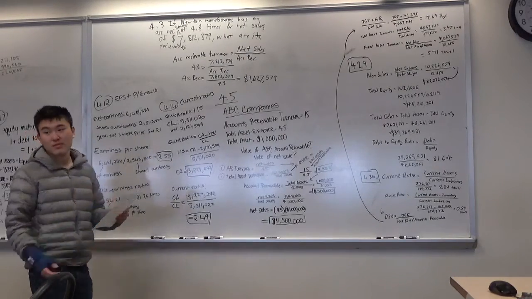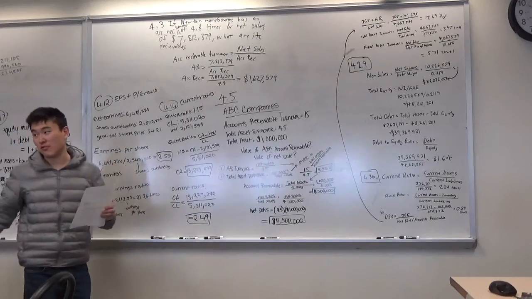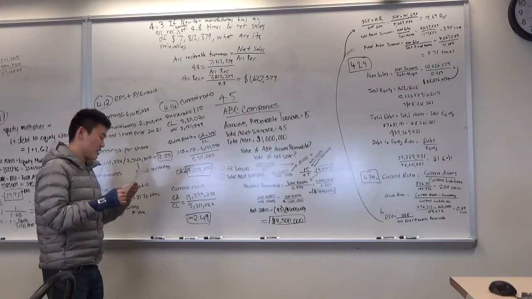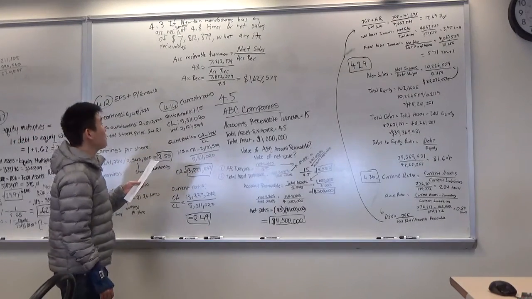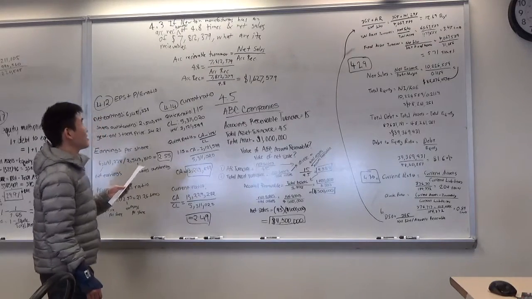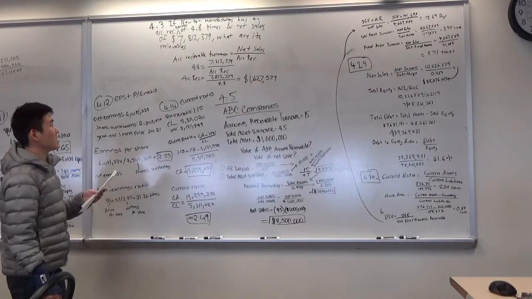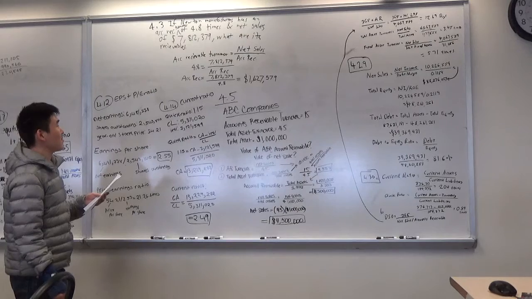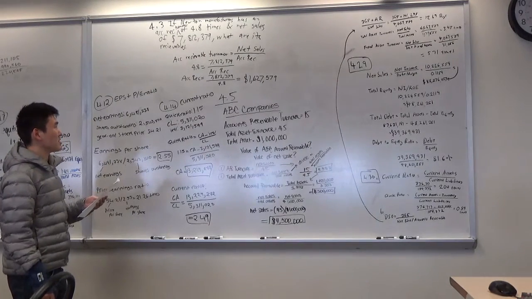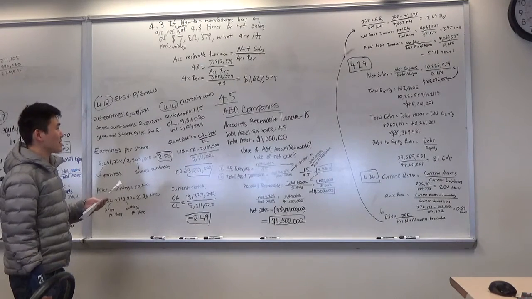Okay, so I was in charge of doing problem 4.3, and so if Newton Manufacturers has an accounts receivable turnover of 4.8 times and net sales of 7,812,379, what are its receivables? So we use the accounts receivable turnover ratio, net sales over accounts receivable, we plug in the values we have, 4.8 for accounts receivable turnover and